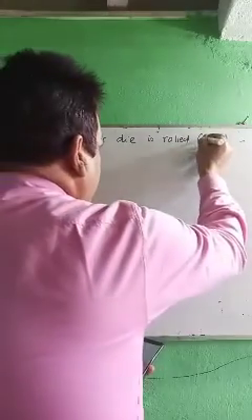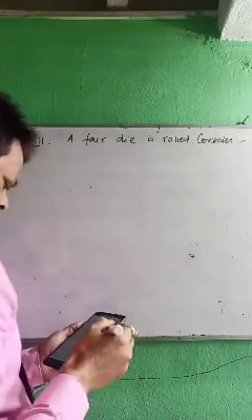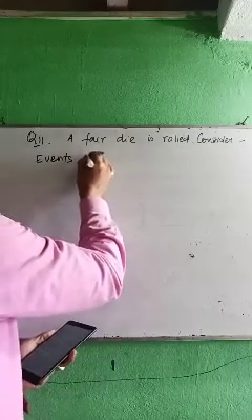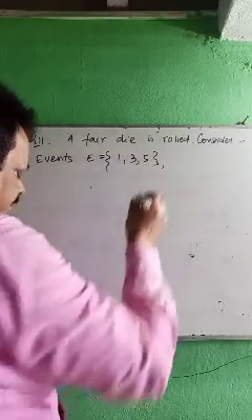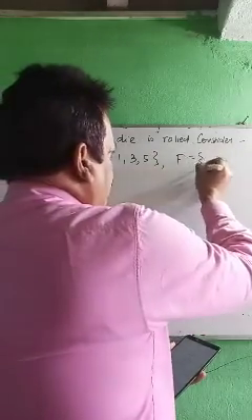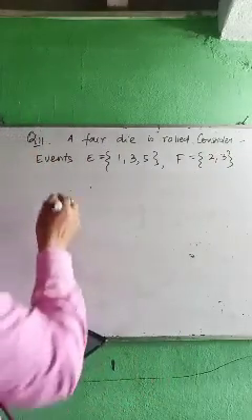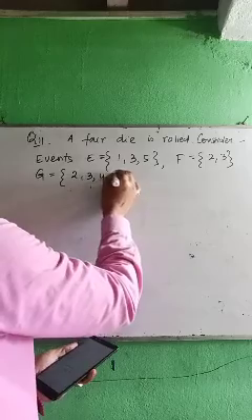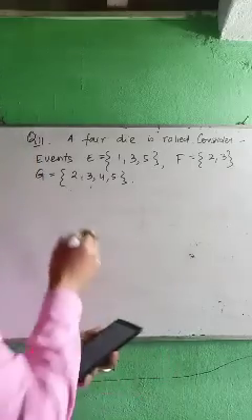Consider events E equals 1, 3, 5. F equals 2, 3. G equals 2, 3, 4, 5. Okay. Then you are asked to find, first question,